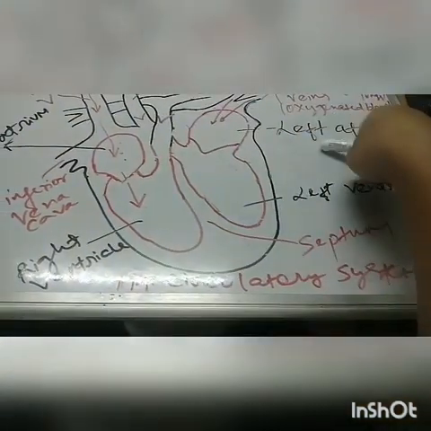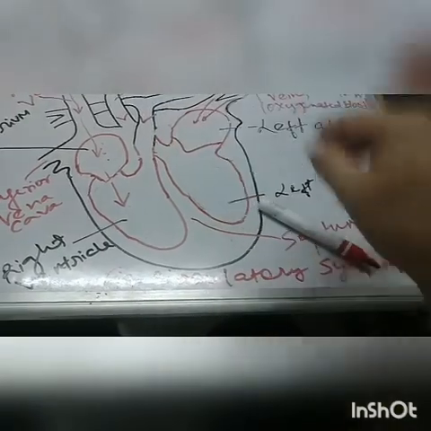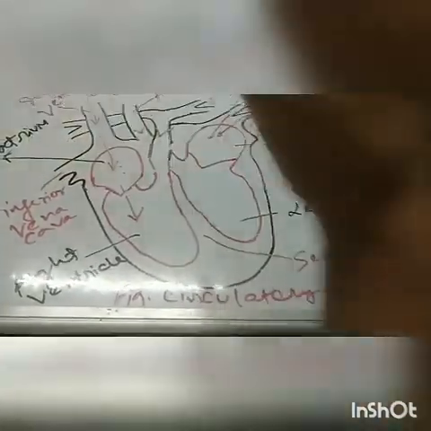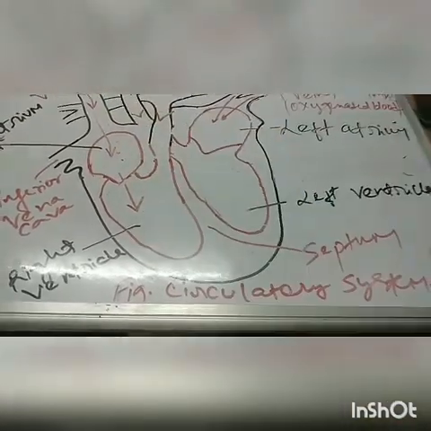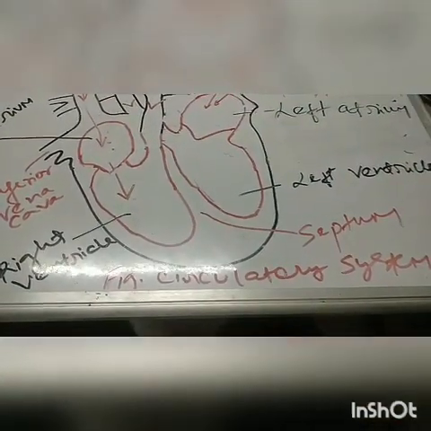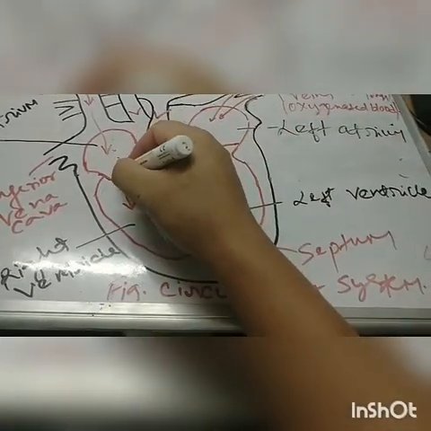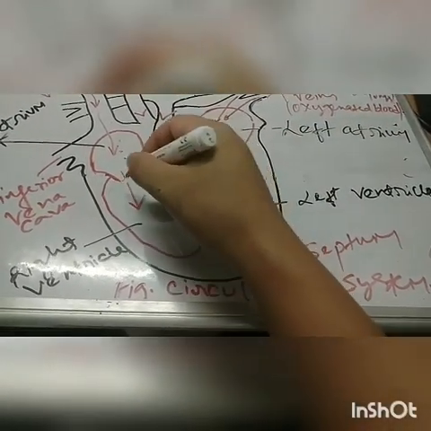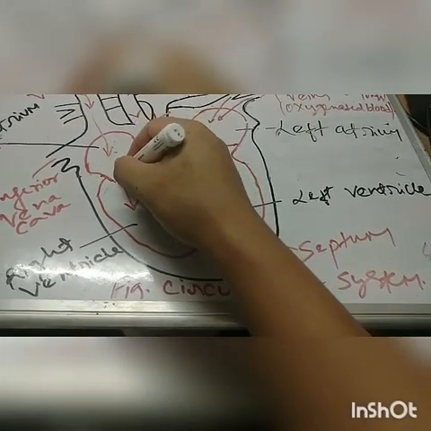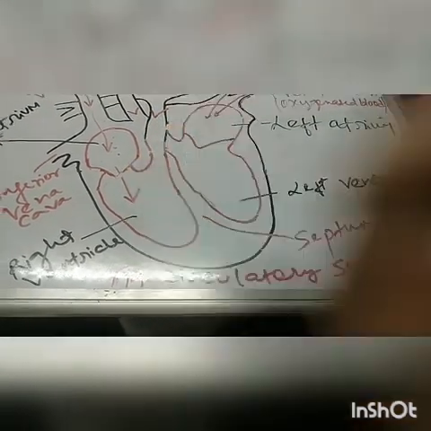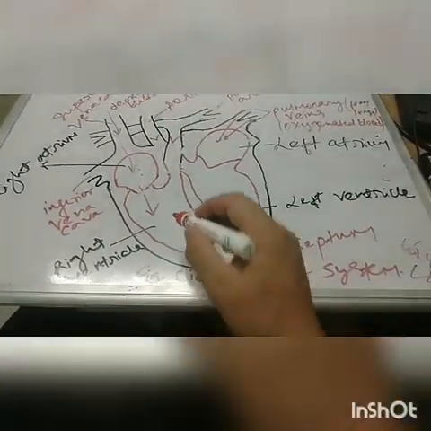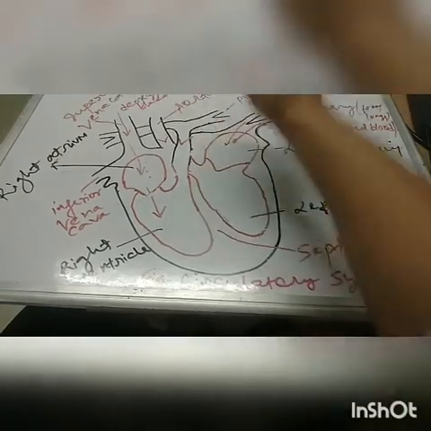Valve means a structure which closes and opens. Because of the contraction, meaning shaking, you can say in layman's terms, the valve is open, this window is open, and during that time, the blood goes to the right ventricle. Alright, now the blood is in the right ventricle, and from there the blood will be pumped up